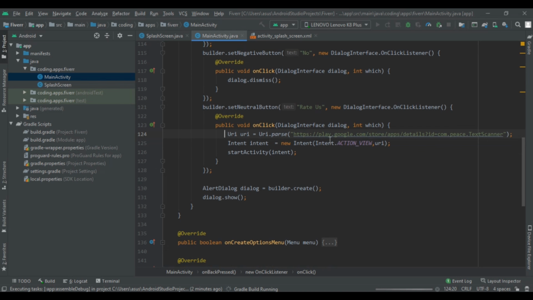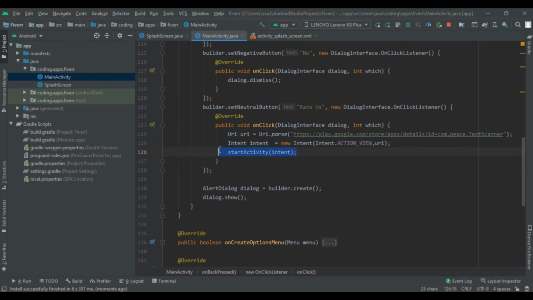Then this is our default link till here, and after that there is the package name. You can write any package, or you can simply write getApplicationContext().getPackageName(). So your URL will be completed and it will be dynamic. After that we had started a new intent, action view, Uri, then started the new activity.